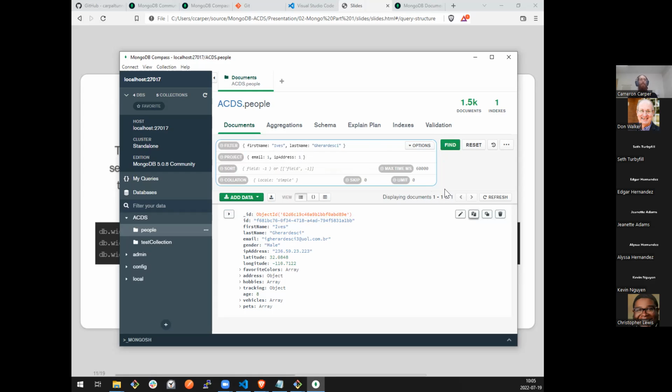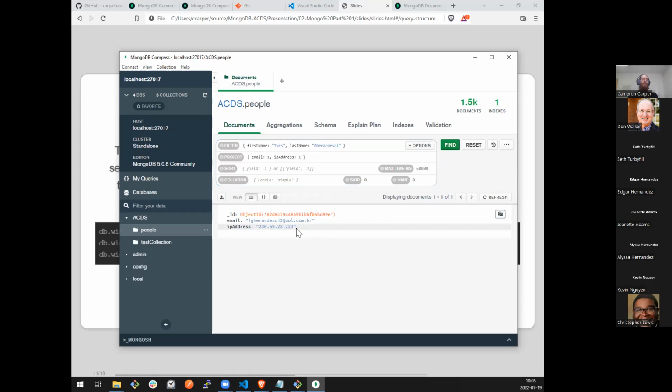So if I've done this correctly, I'm still filtering on this first name and last name, so I'm only going to find this document, but with my projection, I should now only get the email and IP address properties returned to me. And that's what we end up with. It's a good way if you have large documents and you don't care about most of what's in it. Say I only wanted this guy's IP address. There's no reason for me to return every bit of data I have about him. I can just say project IP address equals 1 and I will get that single field back.